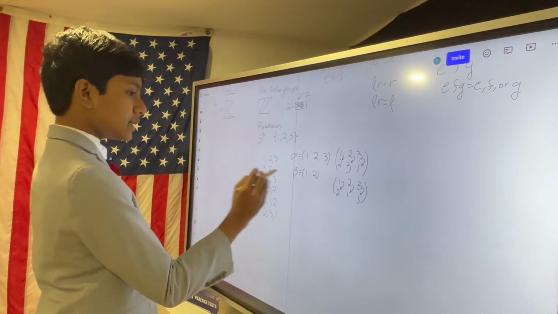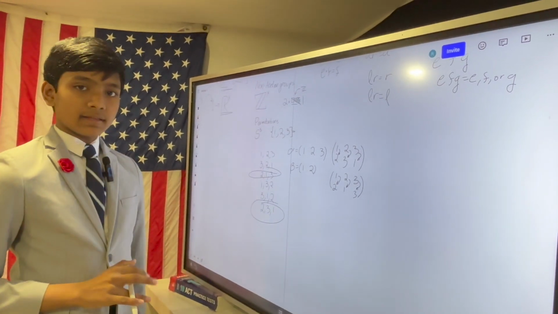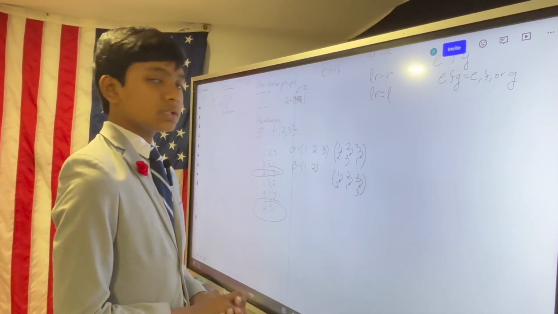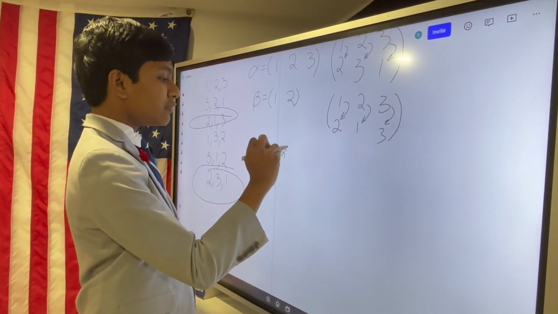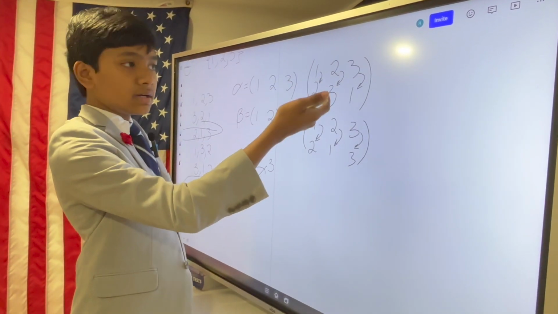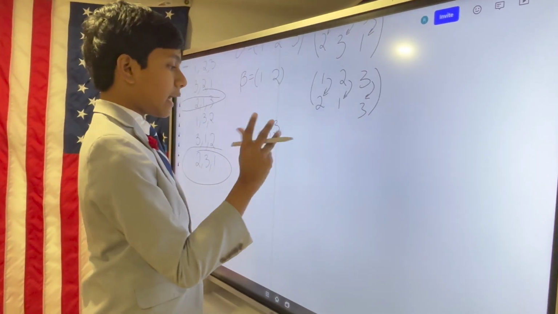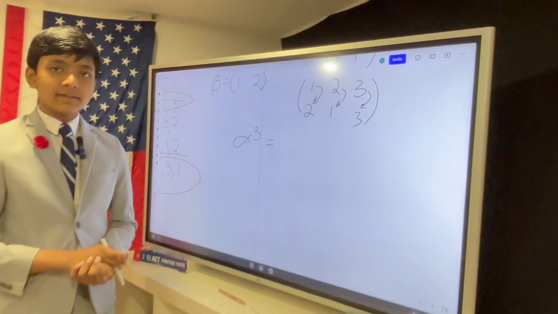So you can see these are actually 2 of the unique permutations that we just had earlier. So it doesn't take a genius to see that if you apply alpha 3 times to itself, since it's just cycling the integers 1 over, that means that this multiplied 3 times by itself,